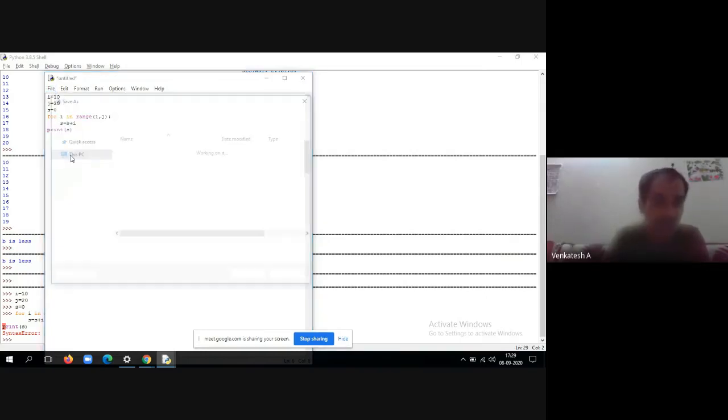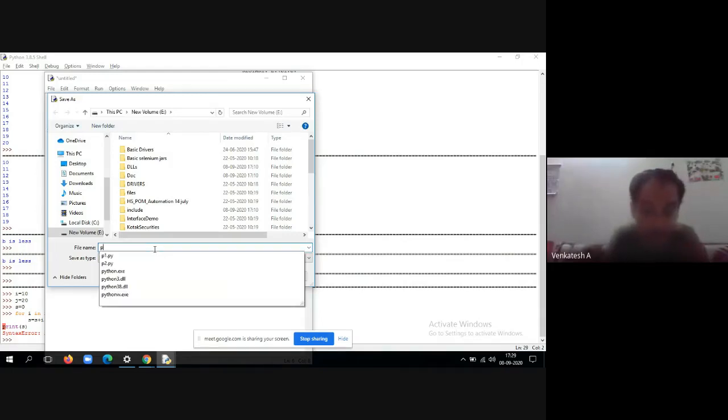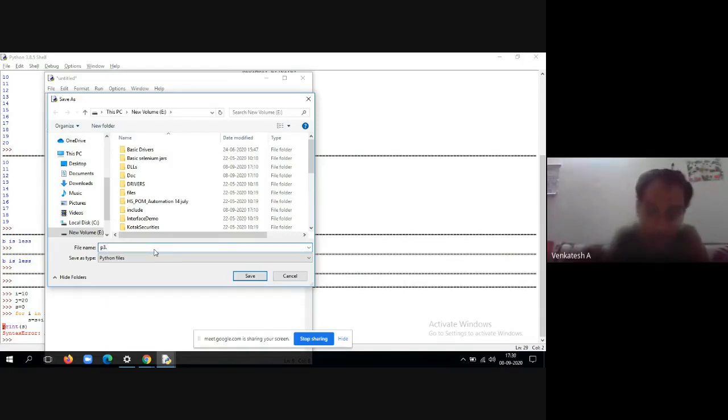Go to Save As. I want to save my file in the E folder, that is E drive, as p3. p3 is good enough because the file type is Python file, automatically it will add the extension.